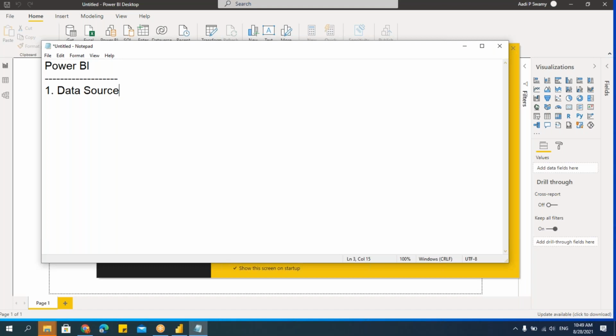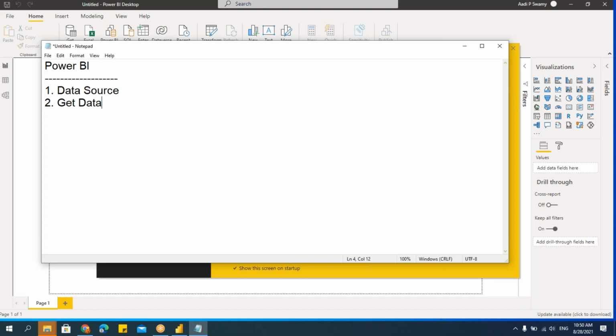When I say data source, there are so many things you have to understand. One is from which source I'm getting the data. After that, you have to understand the data. Then you have to get that data into Power BI, whether it has to be cleaned before or after importing. Right? So first we should understand the data source, and the second step is get data. What is get data? We connect to the data source, get the data, and then start working on the report.